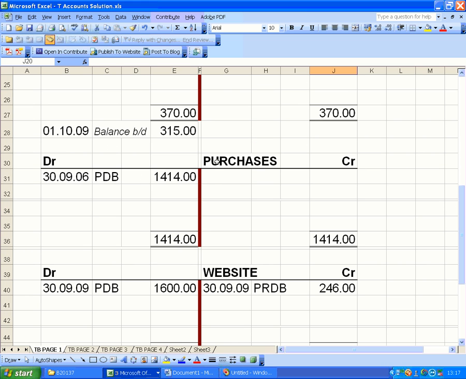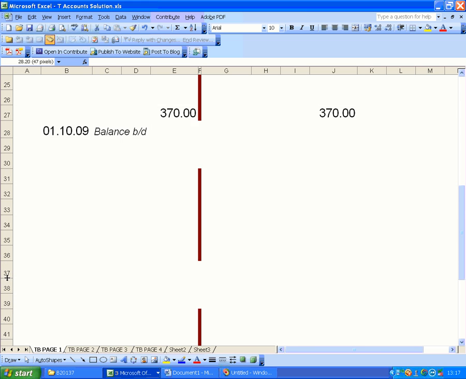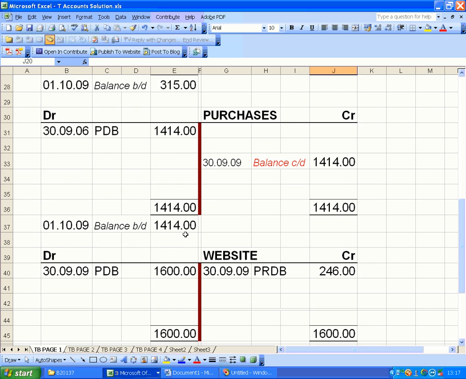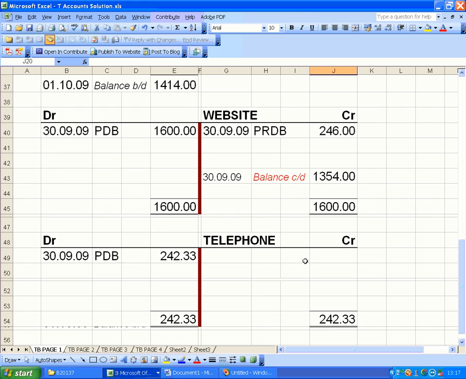Similarly with the purchases account, there was a posting from the purchases daybook. Determine which side, and this side it's obviously the credit side. So on the credit side we'll have a balance carried down 1414. We will see that that figure is now brought down to the start of the next period. Again, we will see this with the website